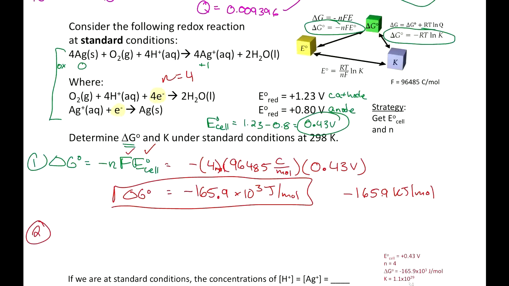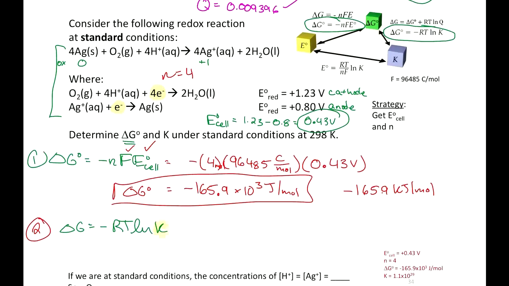So now that we have delta G, we can use the equation delta G equals negative RT ln K to calculate what is the equilibrium constant for this reaction as well. So we already have delta G, R is a constant, T is what if we're at standard conditions? 298, yep, so we just have one variable to solve for, K. So simply